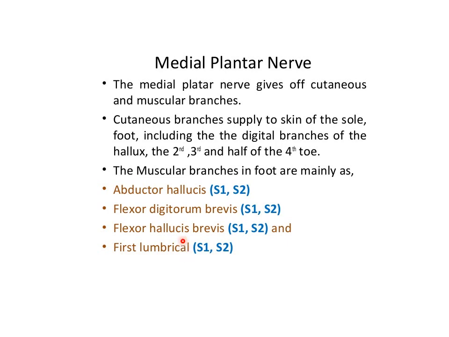So total 4 muscles: abductor hallucis and flexor digitorum brevis are supplied by the main trunk of the medial plantar nerve. The flexor hallucis brevis is supplied by the first digital nerve to the medial side of the big toe, and the first lumbrical is supplied by the second digital nerve of the medial plantar nerve. Then articular branches from the medial plantar nerve supply the joints of the tarsals and metatarsals. So this is about the branches from the medial plantar nerve.